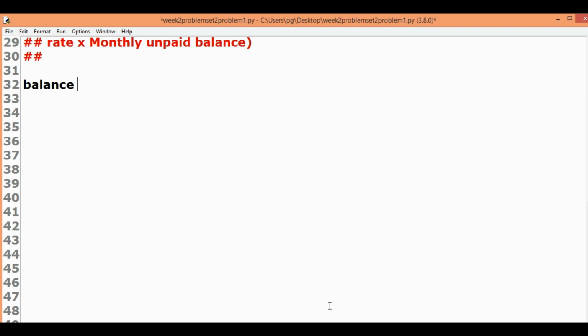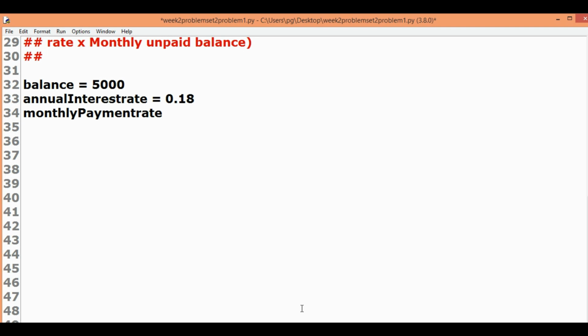Balance is equal to 5000, annual interest rate is equal to 0.18, monthly payment rate is equal to 0.02. So we initialize these three variables to the values provided in the introduction, which is 5000, 0.18 and 0.02 respectively.